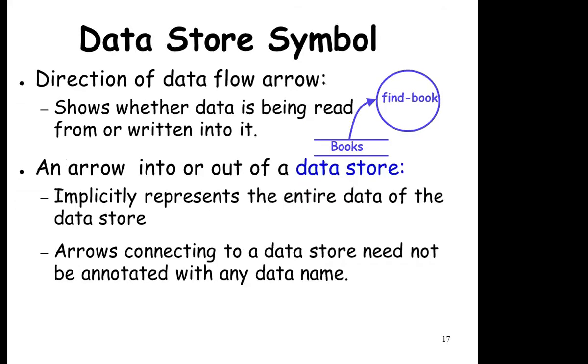So the data store symbol means the flow from which data store to which function we are moving. This symbol shows you the direction of data flow with an arrow. Just see, from books to find book. If you want to find some book, then you should have some book number. Which book you want to find? Who is the author of that particular book? What is the title of that particular book which you want to find? That you will get from the data store, that is book.